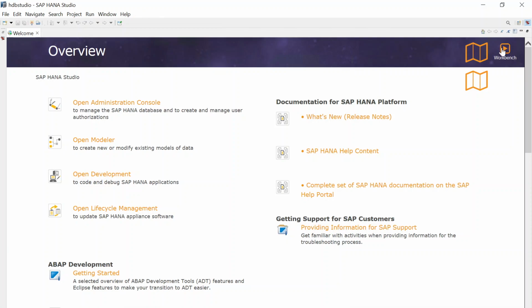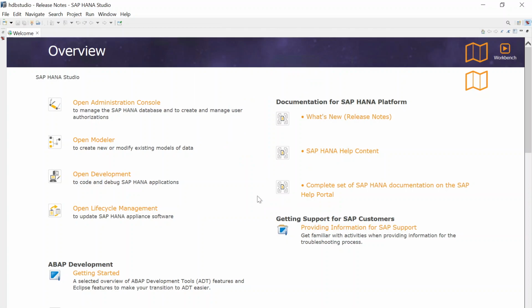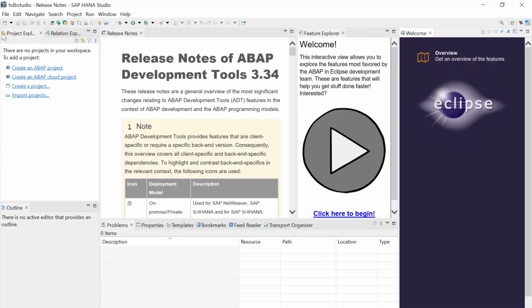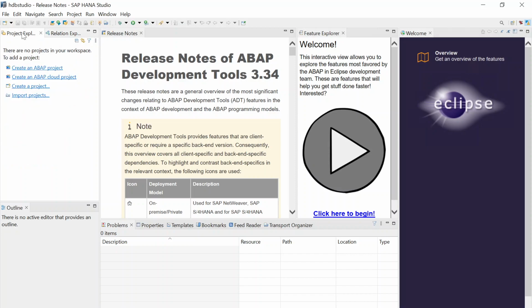To choose your perspective, go here, open perspective. Which perspective do you want? For now, I am going to the ABAP perspective. Select ABAP. Open ABAP perspective. Here, as of now, there are no projects in the workspace. No projects are added. What we need to do? We need to create one